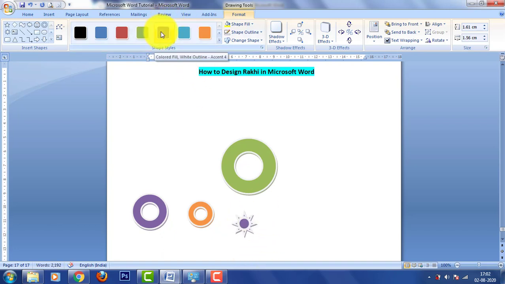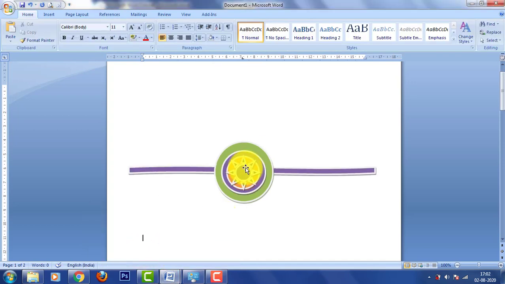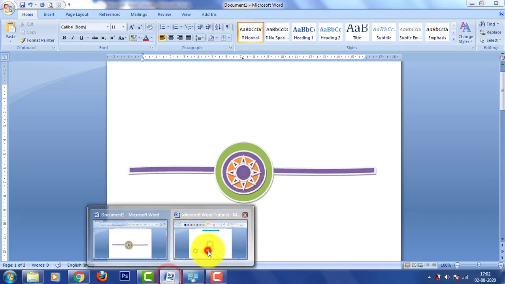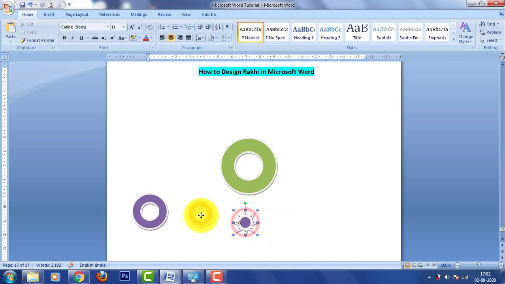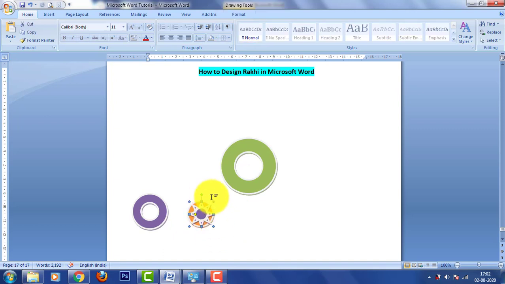The color over here as per the design which we are creating is this purple. So let's select this purple. Let's see if it's fitting on it. Press the Shift key and change the dimensions.